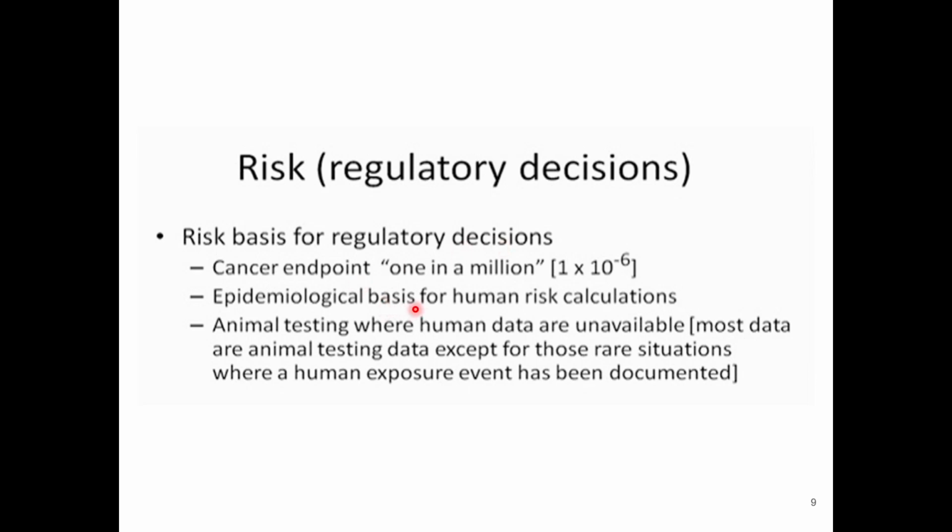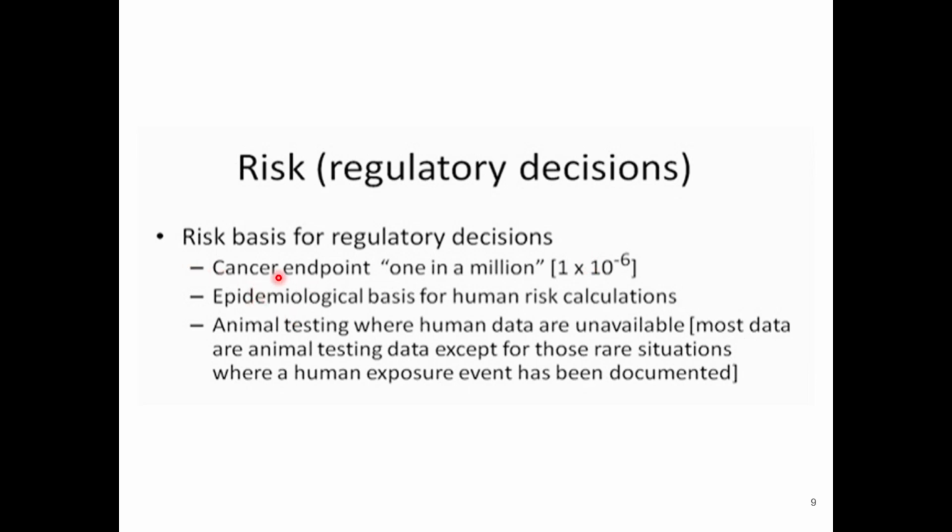So it can have various definitions. One is the cancer endpoint, which is basically when we consider 1 in 10 to the power minus 6. This is a threshold value. If it is more than that, then we consider it a risk. If it is less than that, so if it is minus 7 or minus 8, we are not considering it